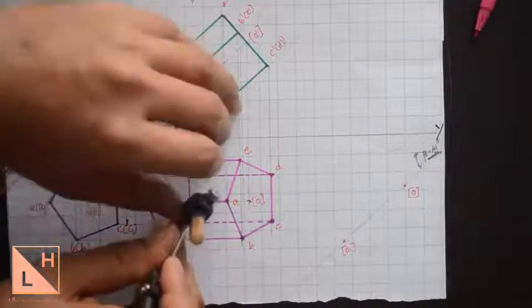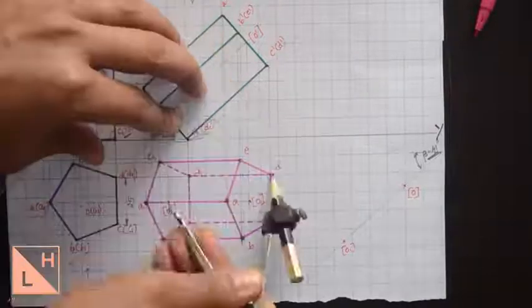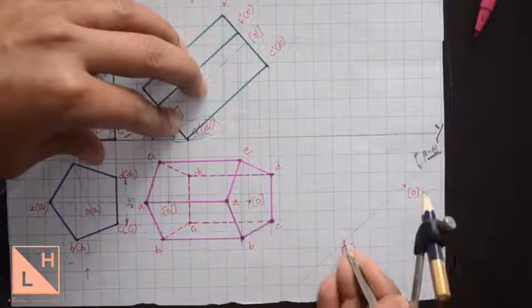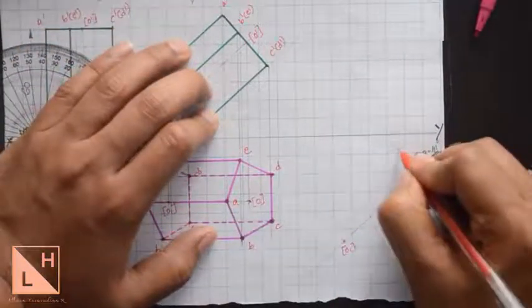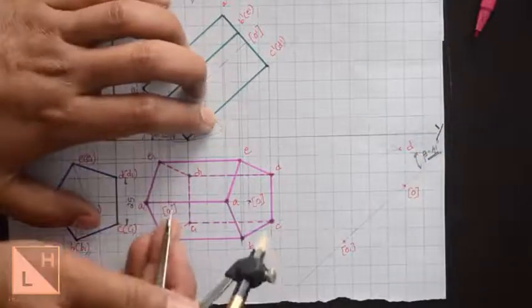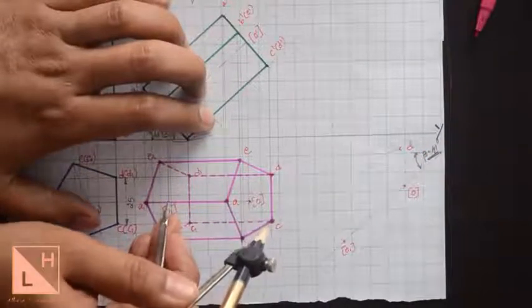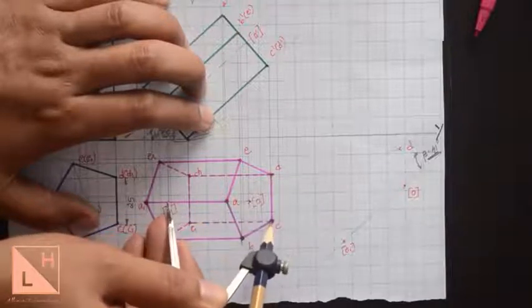So keep the compass needle at O1 and measure it till the point D. O1 to D, keep the compass needle at O1 and cut the arc here. So where it intersects, that will be the point D. Repeat it, and you will find many of the points which are of similar distance. The points which are similar, like O1D and O1C, will be of the same distance.